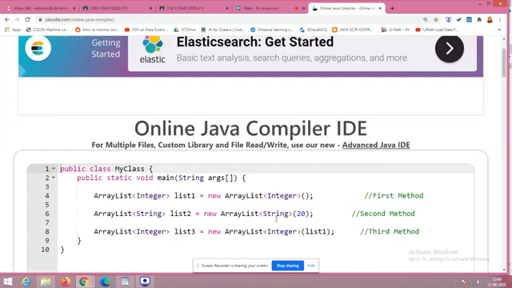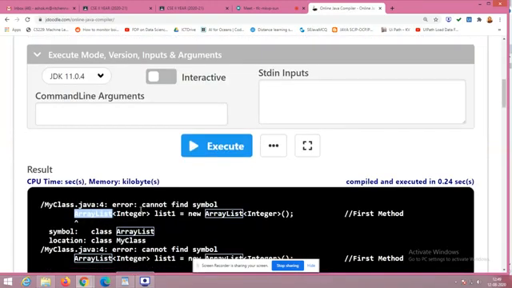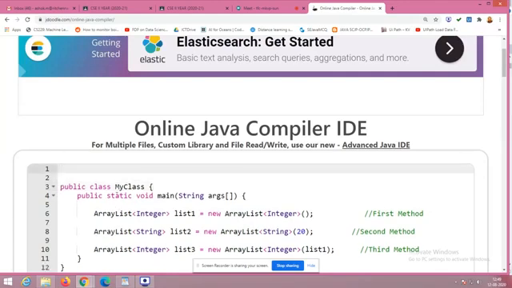Nothing has been initialized. See, you have to understand in a better way that if I get this error, cannot find a symbol, it states that the program is not able to understand what ArrayList is. That means you have to introduce this ArrayList. So who has the responsibility? The corresponding package. Import java.util.*. Within this util package only, this ArrayList class is available.